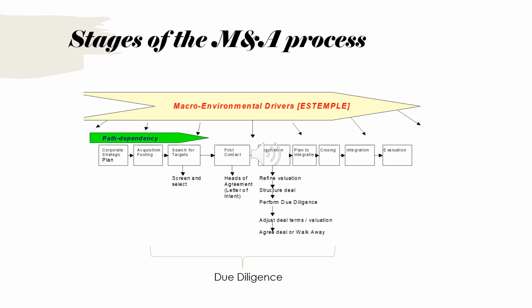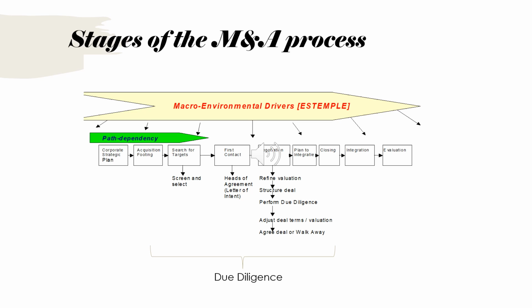And if they do agree, of course, we can move forwards. If they don't agree, then if you have time, you might make some adjustments, or you may just have to walk away. Ideally, you'll then start to plan to integrate before you have a closing ceremony where the ownership transfers to the acquirer. And then after the closing ceremony, the company is yours, and you can begin with integration, which is quite a complex process. And hopefully this will lead then to successful evaluation later on.